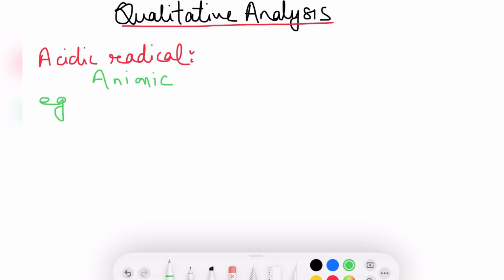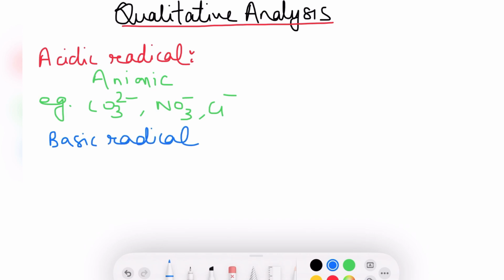For example, carbonate radical, nitrate, chloride. Whereas basic radical is the cationic part of a salt. For example, ammonium, lead,